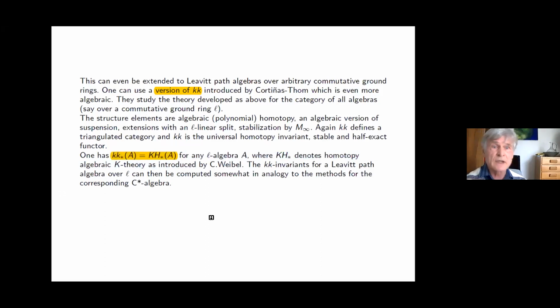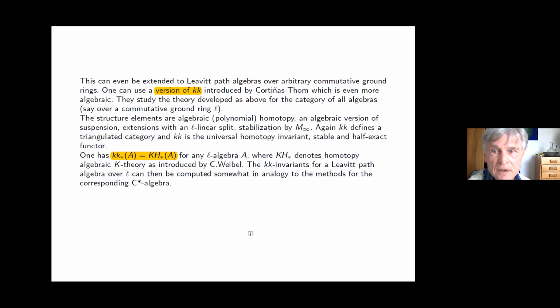Namely, they get something which has been known before, namely homotopy invariant version of algebraic K-theory. Algebraic K-theory is not homotopy invariant, but you can make it homotopy invariant, and that has been studied by Weibel. And the result that you get for the K-theory defined by little kk is the KH star, the homotopy invariant